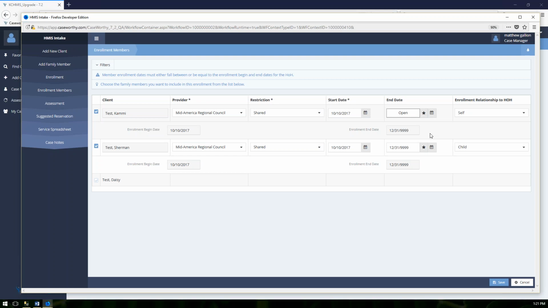They have to be somewhat consistent to make sure that the data is nice and clean. Once I've selected the individuals who are going to be enrolled in the program, I can hit save. Now, they don't necessarily all need to be enrolled into the program. In this case, I haven't selected the last record, and I'm not going to enroll that person in the program